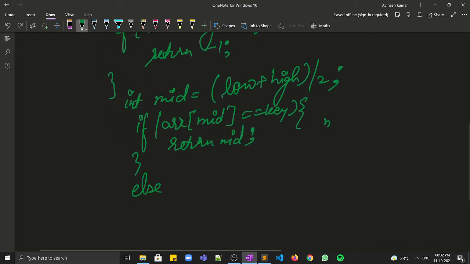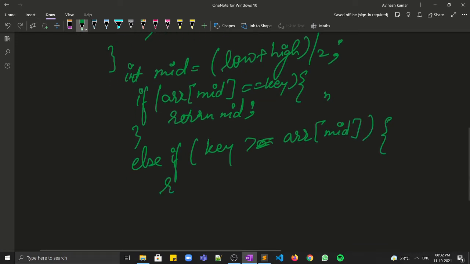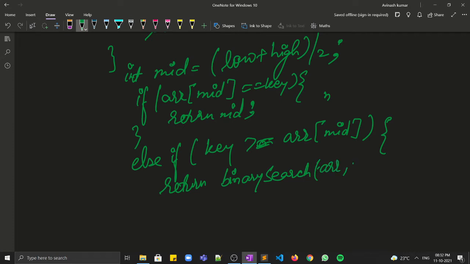Else, my key could be greater than or equal to array of mid, right? In that case, we can call the function recursively on the right part. So array will remain as it is, low will be shifted to mid plus 1, and high and key will remain as they are.